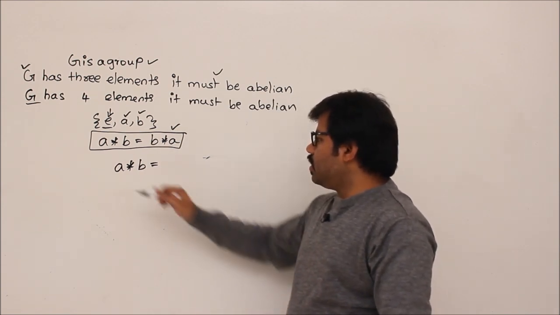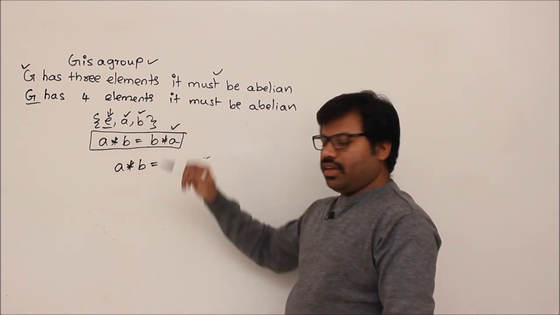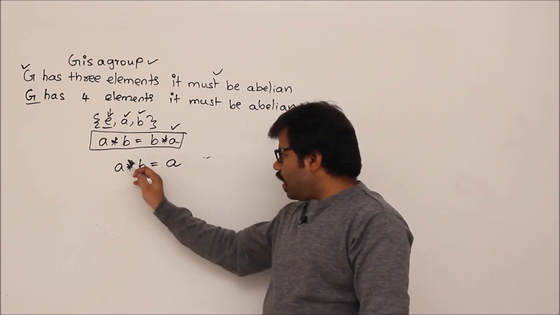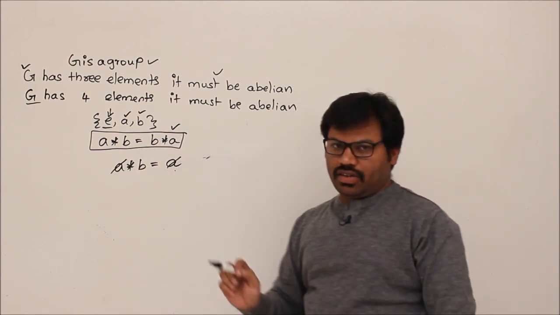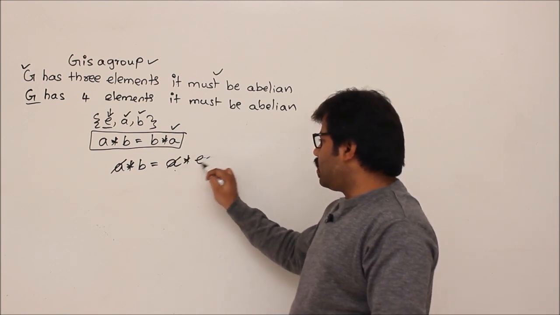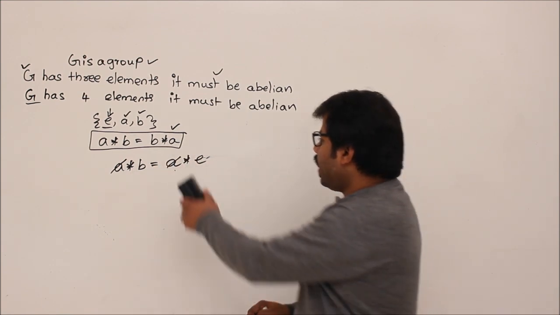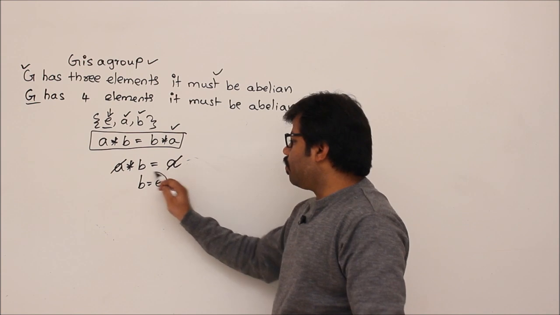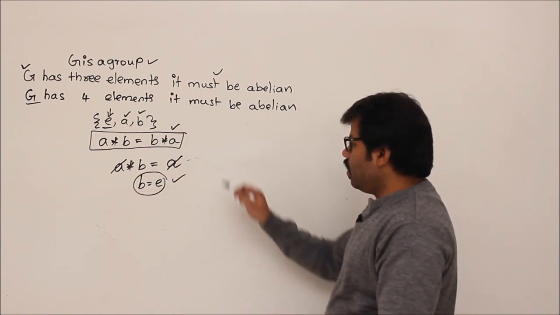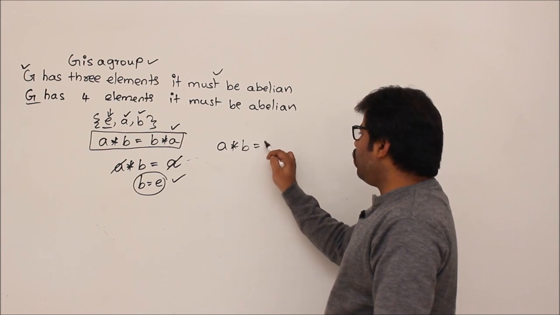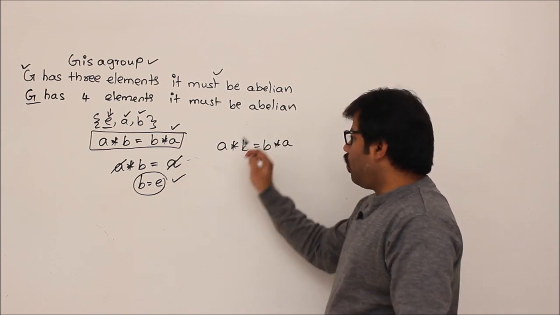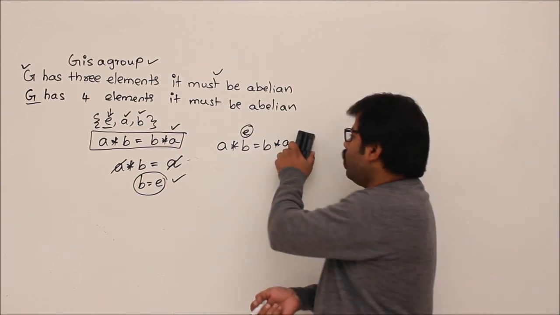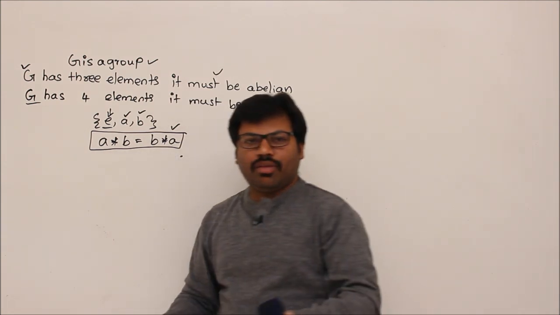Then what are the other possibilities? A star B will have A, B. Let us try A. If A star B equals A, remember from now onwards, whenever I have like this, I can apply left cancellation and the remaining thing will be E here. Otherwise, again same story, you have to write A star E, then you have to cancel. So directly I say A star B equals A, then A I can cancel, then you get B equals E. So what, sir? See one thing. If B equals E, then A star B equals B star A. Why? Because if one of them is identity element, then A star B and B star A will become equal. That is the property of identity element. Oh, that means what? A star B cannot be A.